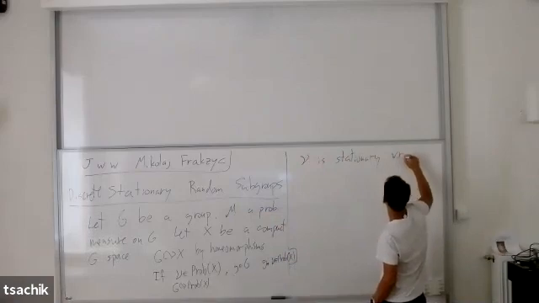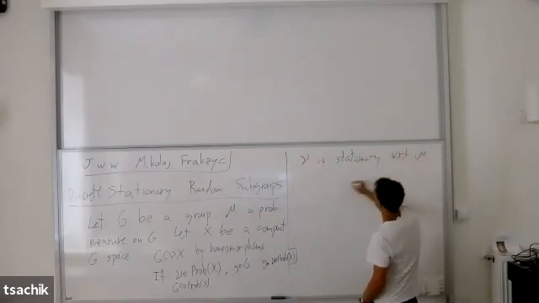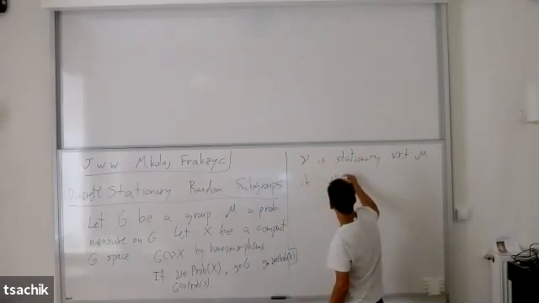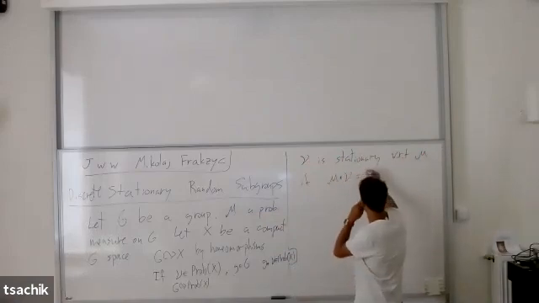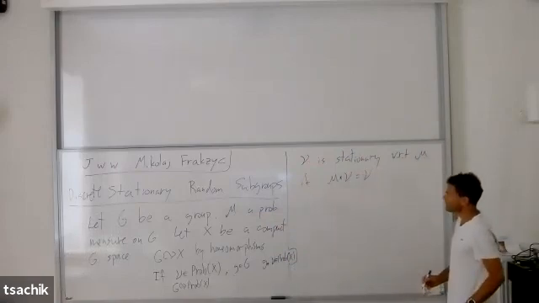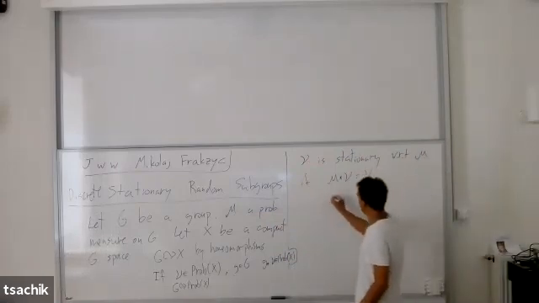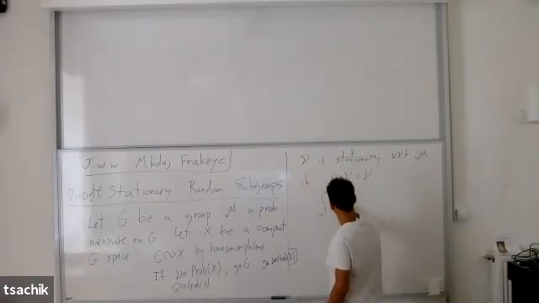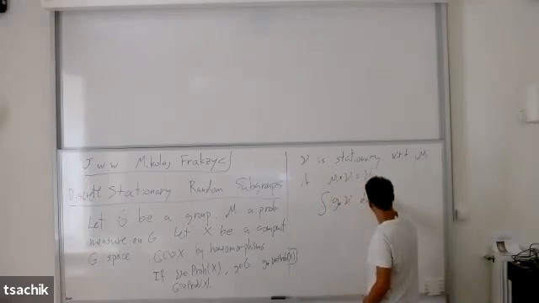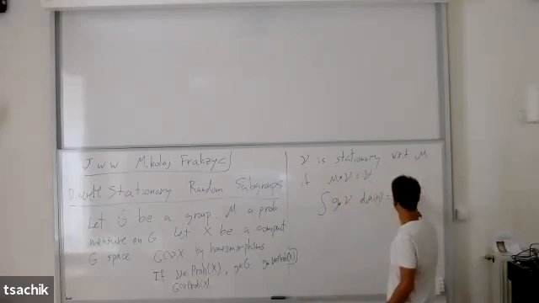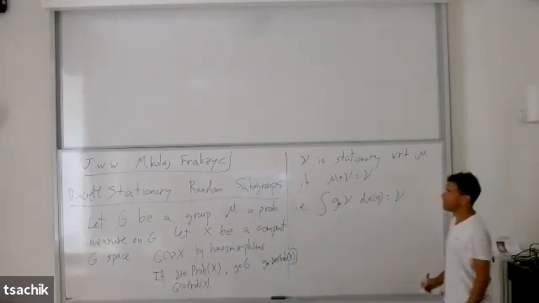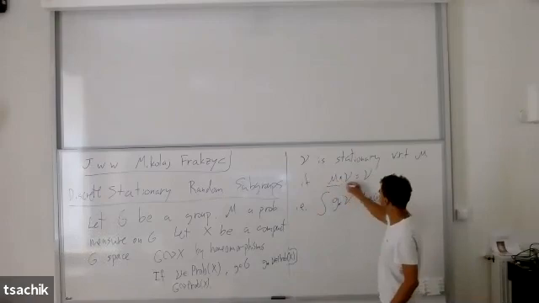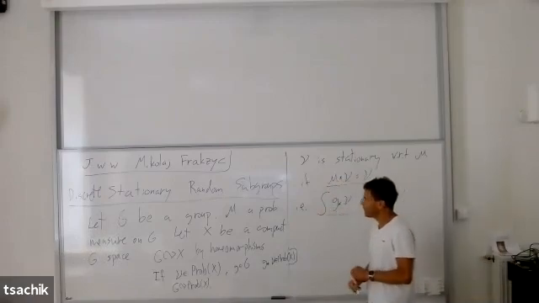With respect to mu, if you want, the convolution of mu and nu is equal to nu. Or if you want, the integral of G star nu d mu G equals nu. It is the same thing. So then this is the notion of nu stationary, and the point is now